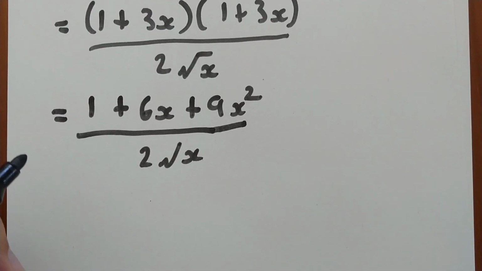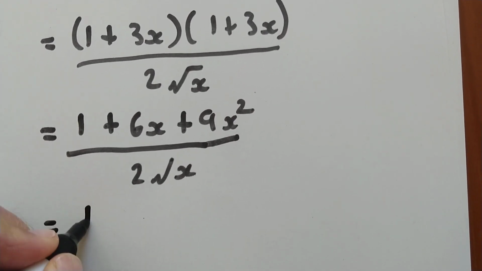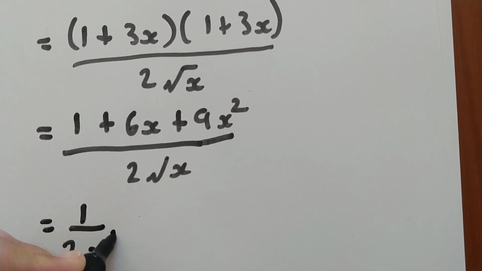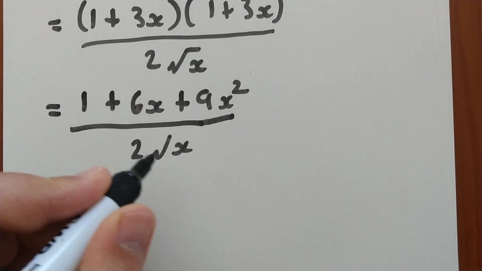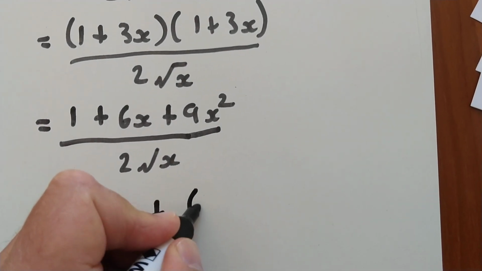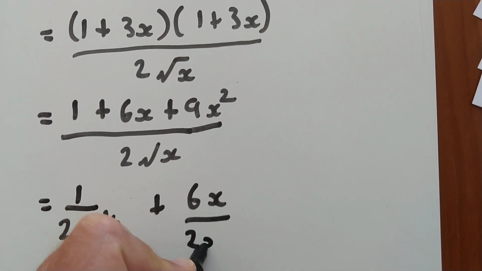Alright, let's split it into separate fractions. 1 over 2 root x. While I'm at it, I'm just going to do x to the half. You can do it as two separate steps in working if you want, but we know that root x is x to the half. Plus 6x over 2x to the half